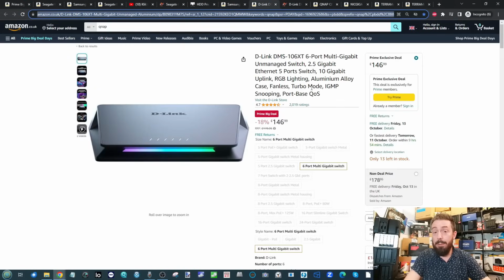But the other thing when it comes to gamers is this D-Link switch. We've had this before, and you're going to see quite a few switches in a moment. But this is a 5 times 2.5G switch, unmanaged as well, but semi-unmanaged, and it also has 10 GbE. I say semi-unmanaged because it has turbo mode. What turbo mode does, when you flick that switch, is automatically lag some of those ports and gives you an unmanaged switch that technically has support for link aggregation or port trunking built into it with a physical switch for it. Now, £146 for that switch is very, very good, but it has to be said that